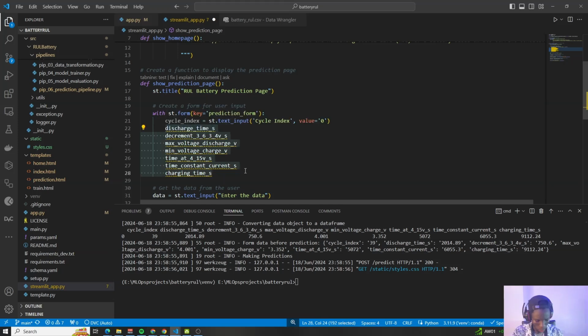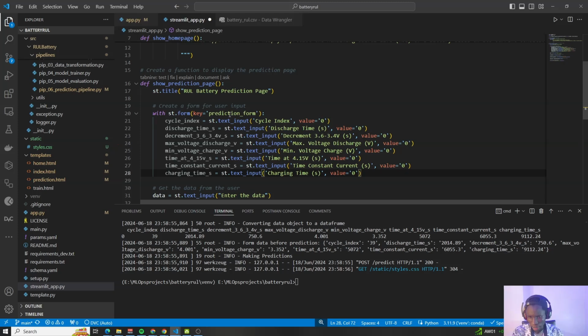Let me just copy paste this. So cycle index, text input, discharge time, these values 0. These are just placeholder values, so I think that is okay. Cycle index, discharge time, decrement from 3.6 to 3.4, max voltage, minimum voltage, time at 4.15 voltage in seconds, time constant in terms of current,